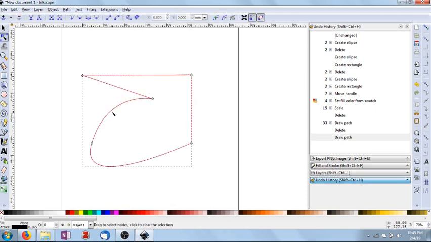If I double click on this, I see the second option right now, which is edit paths by node. You can see the nodes, and if I click on a particular node, you can see the slope of that node. This is how Inkscape sees every object that you draw. It sees it as a bunch of nodes,